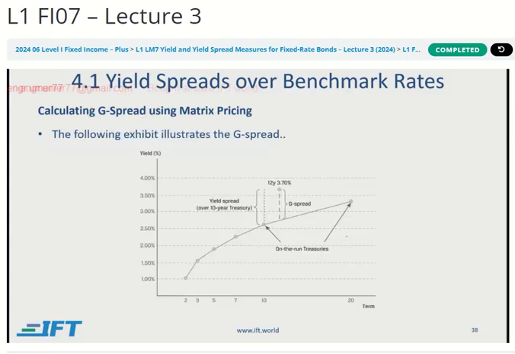So here is a very nice infographic showing us what is going on. Again, we are interested in the 12-year. We're taking the 20-year rate and the 10-year rate, and we want to find the difference between these two. That is the linear interpolation, and whatever that rate is, we take the difference between your corporate rate and the government rate, and it will tell you the G spread.